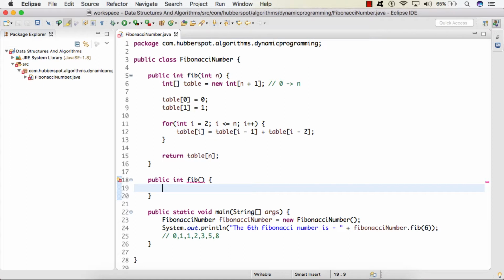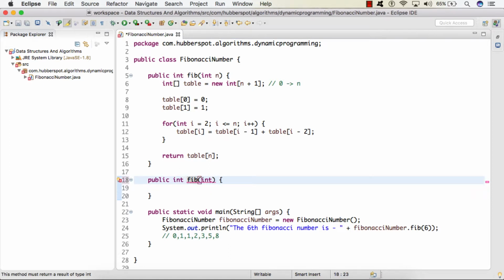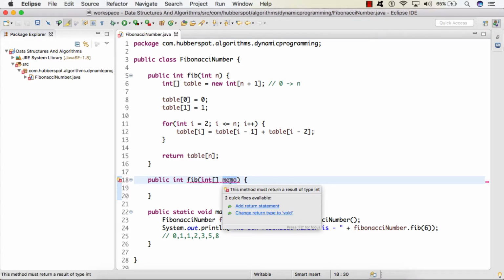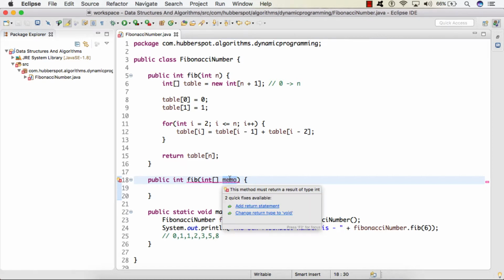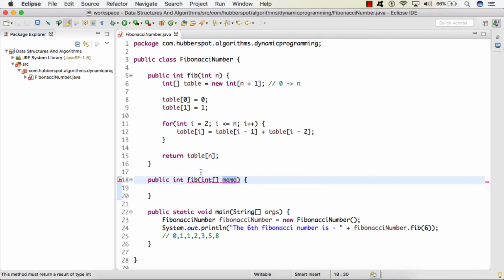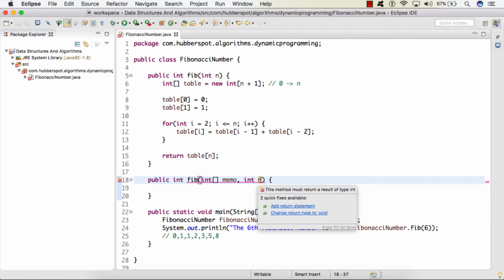Now as we discussed in our last lecture, to this fib function, we pass in a memo array which helps us in storing the solutions to the sub-problems, and when those sub-problems are encountered again, instead of recalculating it, we just go to this integer array into that particular index, we pick up that value and reuse it. Thus this integer array helps us in optimizing the recursion solutions. So this method also takes the value of n for which we want to find the Fibonacci number.